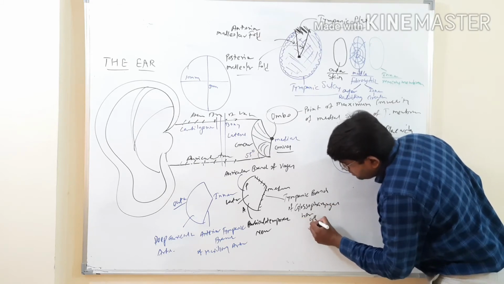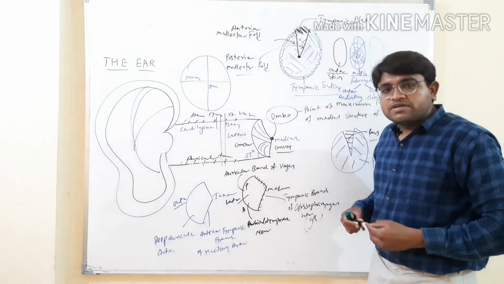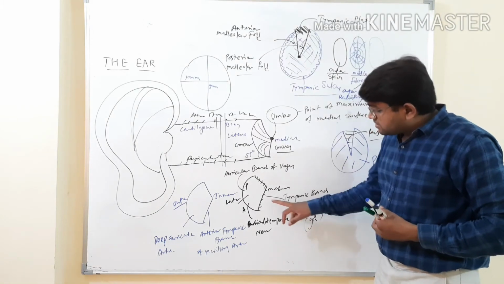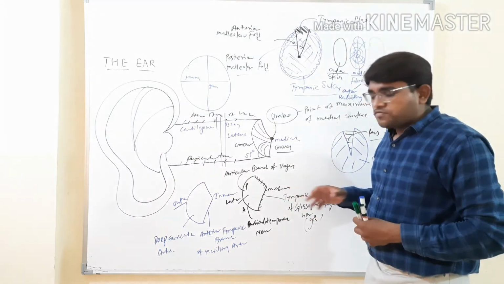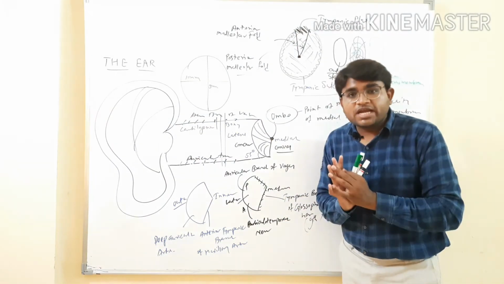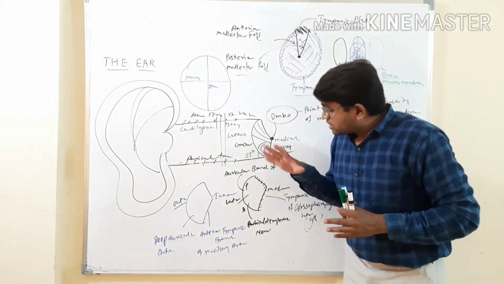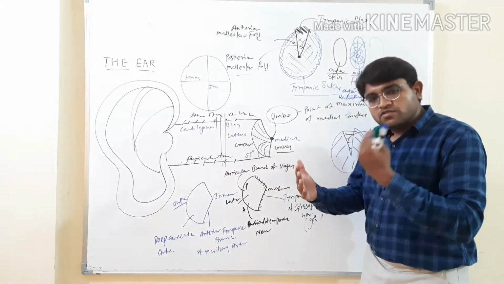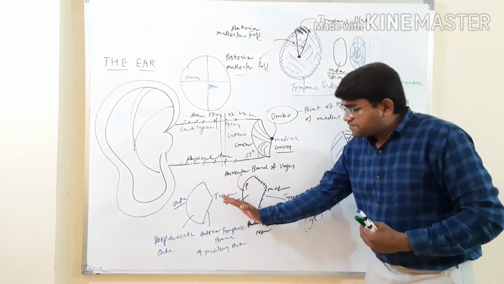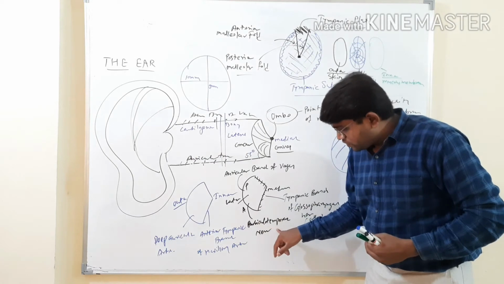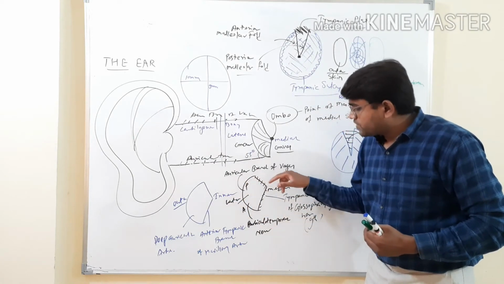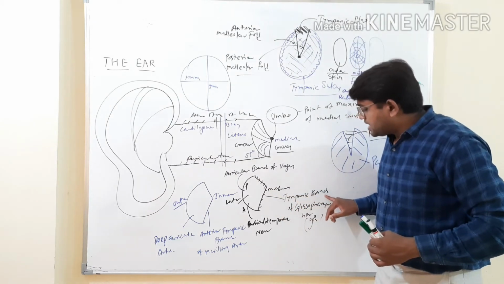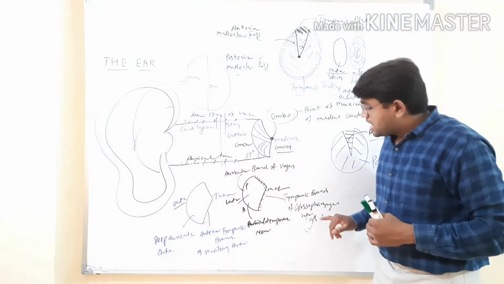The ninth cranial nerve is the glossopharyngeal nerve. The tympanic branch of the glossopharyngeal nerve supplies the medial surface. It is a little bit complicated, but you must understand that the tympanic membrane has two surfaces, the outer or lateral surface and the inner or medial surface. The lateral surface is supplied in its anterior part by the auriculotemporal nerve and in its posterior part by the auricular branch of the vagus, the 10th cranial nerve, whereas the medial surface is supplied by the tympanic branch of the glossopharyngeal nerve, the 9th cranial nerve.